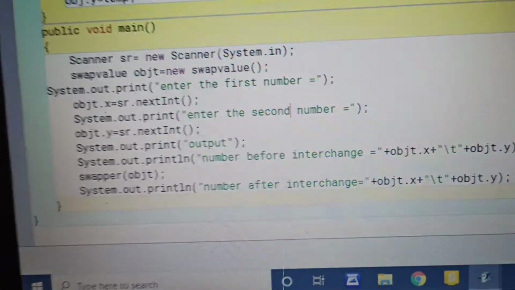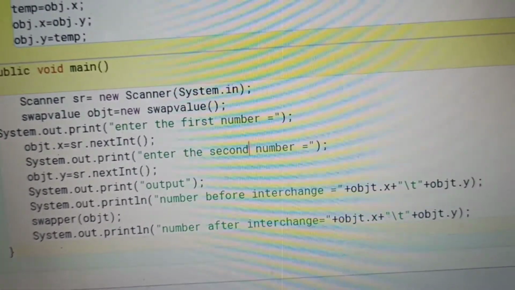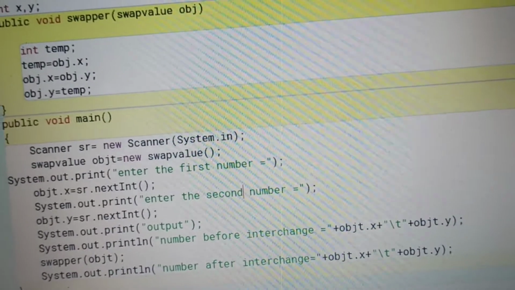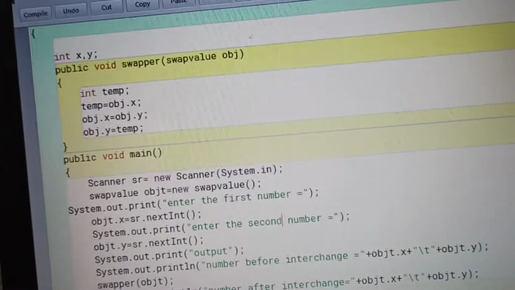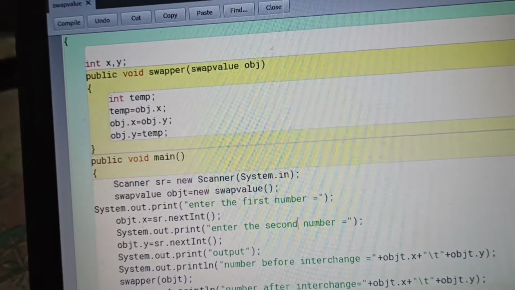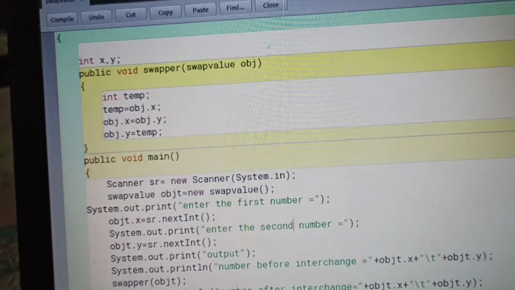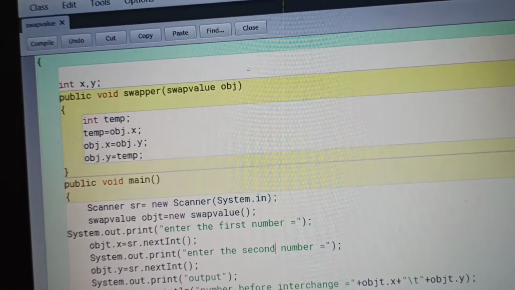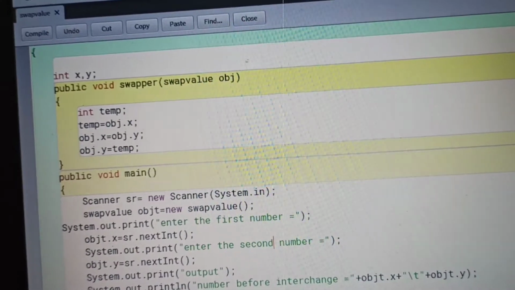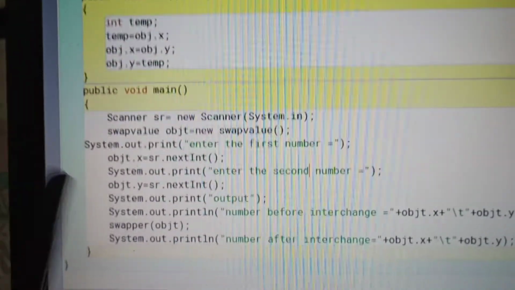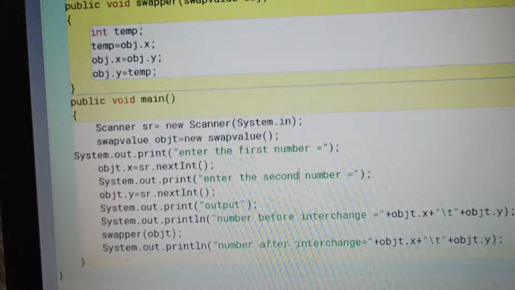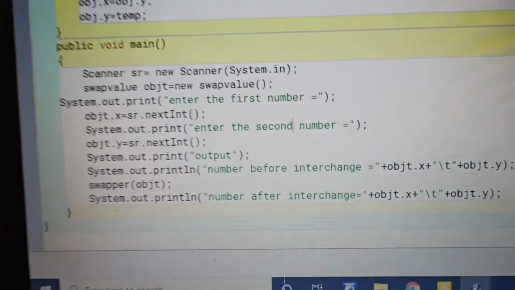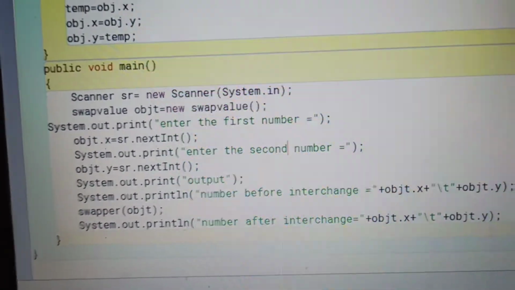And here you can also see swapper(obj). This is the main thing here: it is a function call by passing a reference type actual parameter, obj, which is the object of the class. So here we are calling a function by passing a reference type actual parameter.